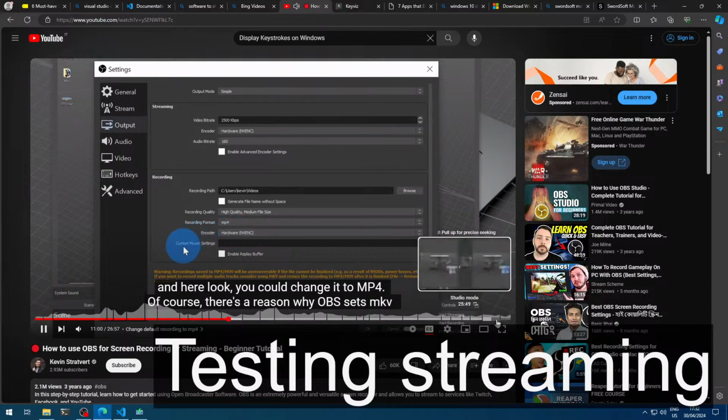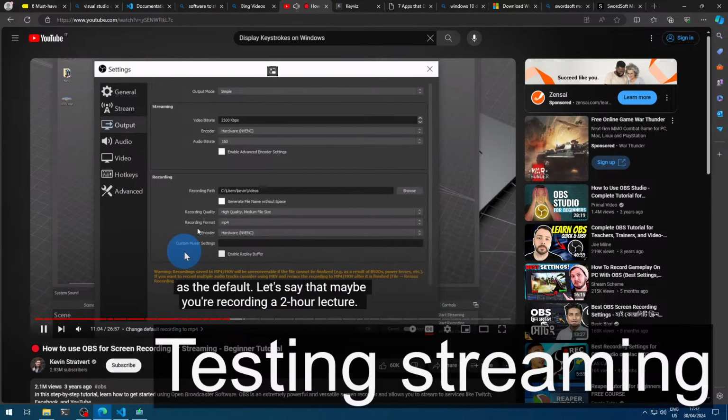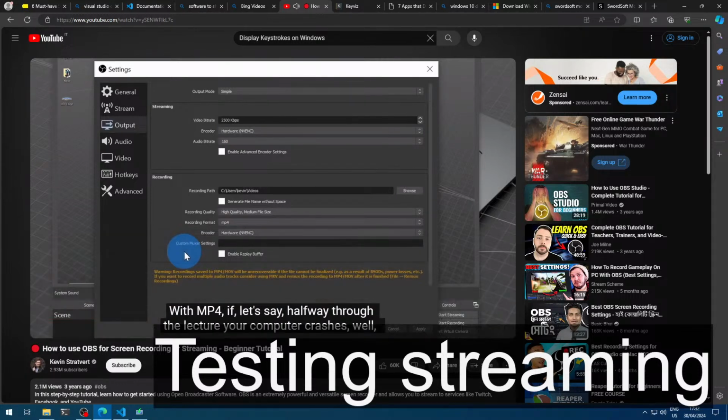Of course, there's a reason why OBS sets MKV as the default. Let's say that maybe you're recording a 2-hour lecture. With MP4, if let's say halfway through the lecture your computer crashes, well, you're going to